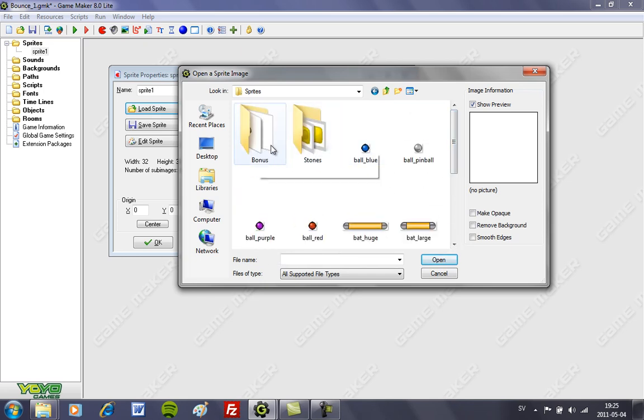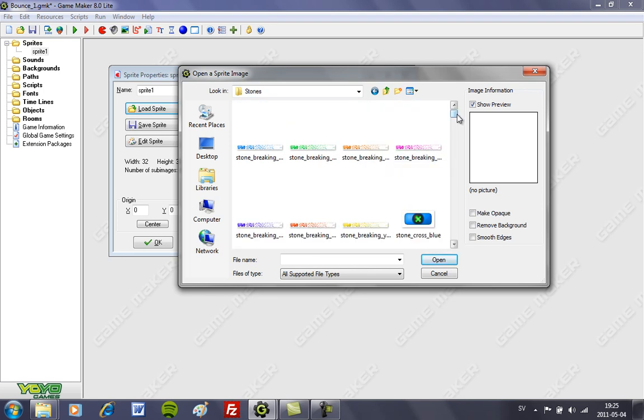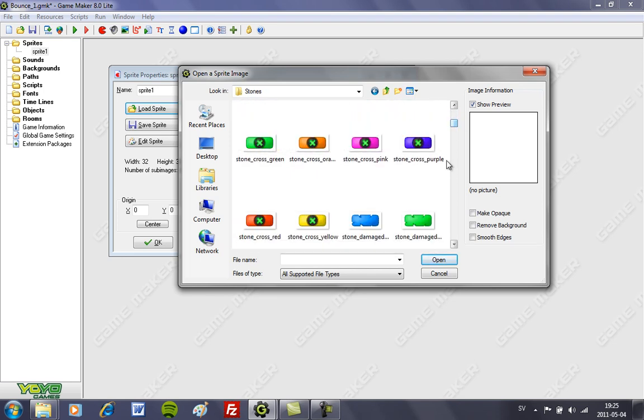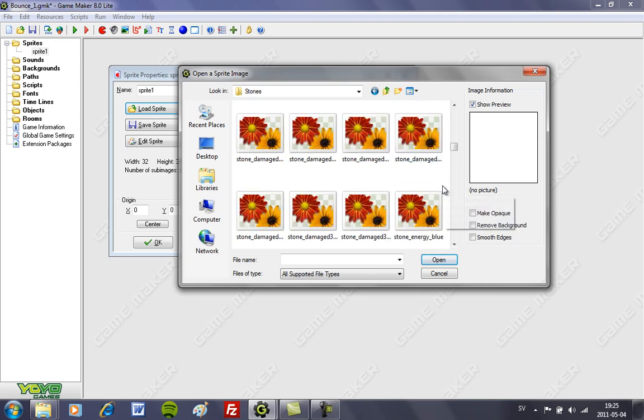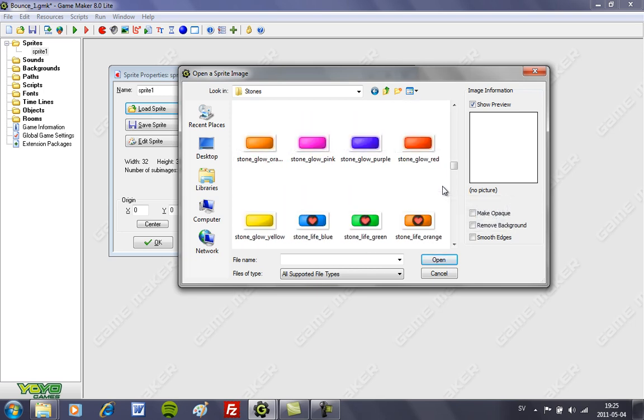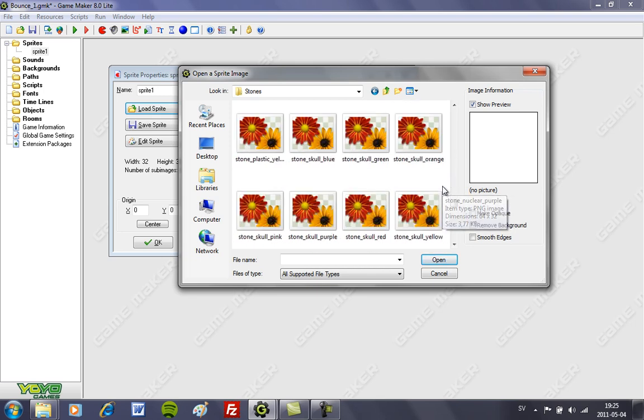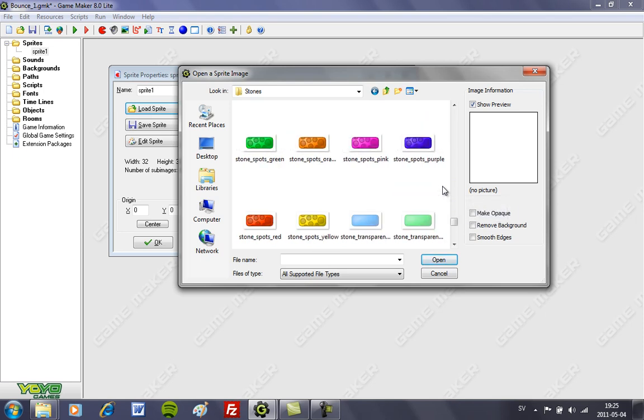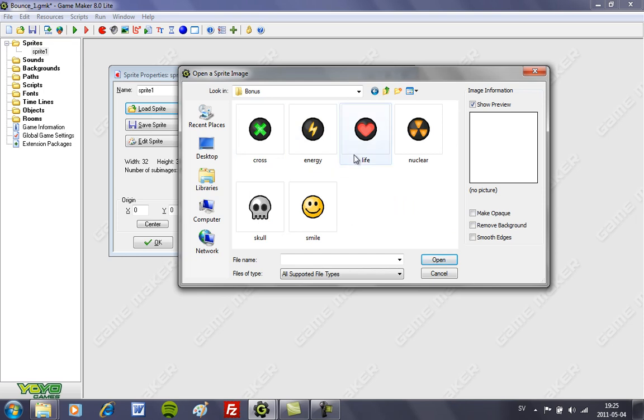And in this folder I have all the stones, the bricks, all kind of different bricks that you can add later to the game. And in this one we have some bonus symbols that we're gonna use later. So